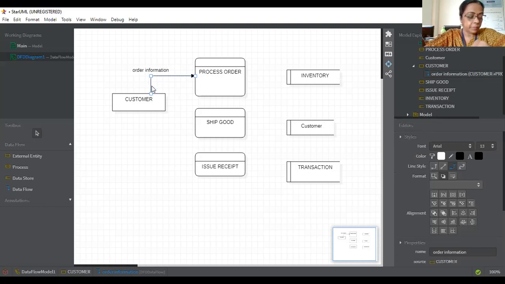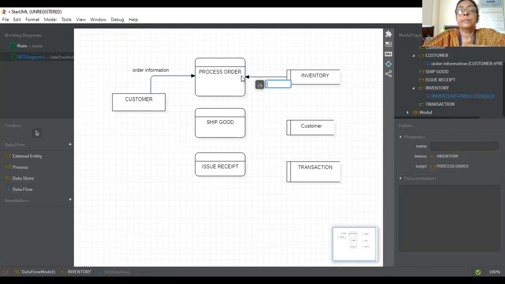Second thing, when the customer orders, what process will happen? The process will see whether the item is available in the inventory. Check item, you can write.